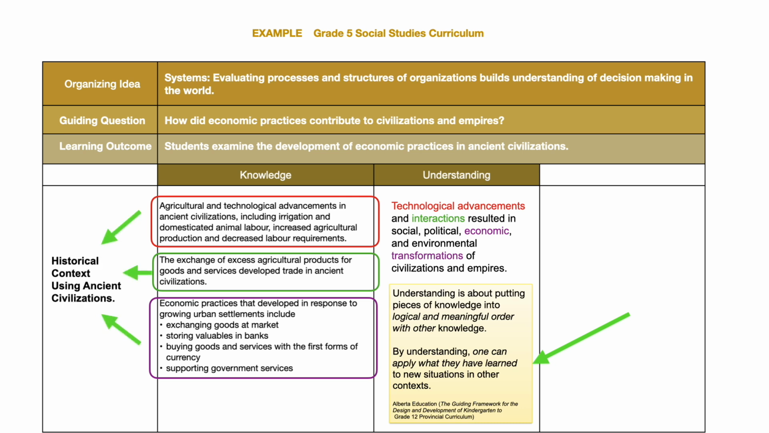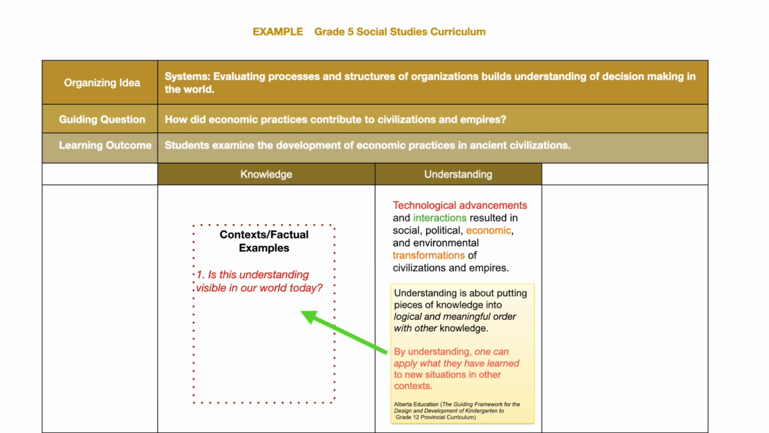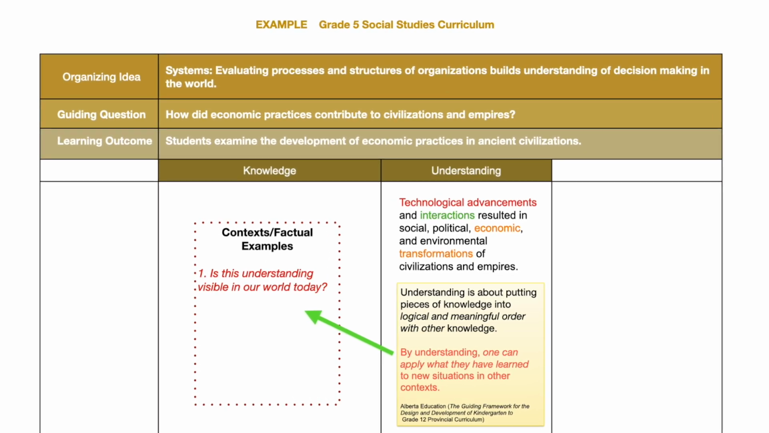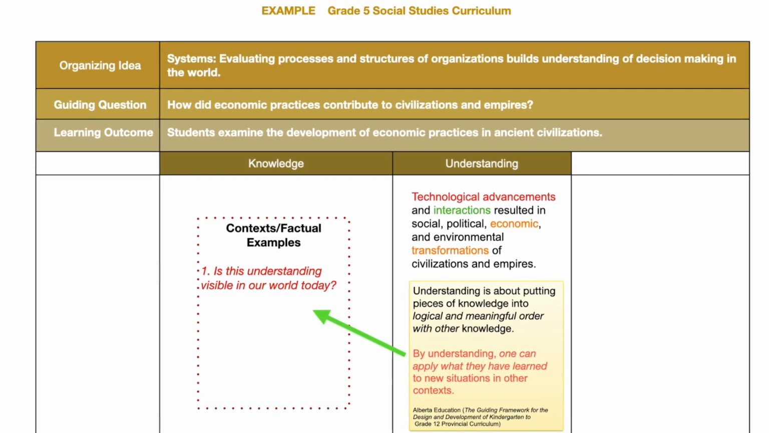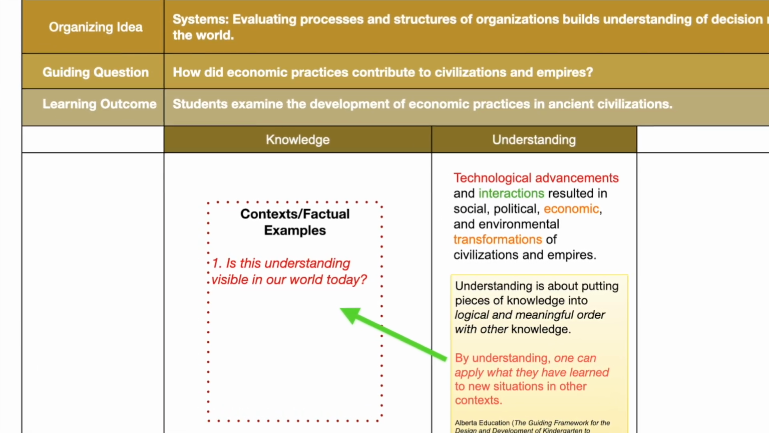In this Grade 5 example, the historical context in the knowledge column is ancient civilizations and how technological advances in agriculture and increased trade or interactions resulted in economic transformations such as urbanization and storing money in banks. Before examining that part of the knowledge, teachers may first want to provide more current and nearby examples to introduce the understanding. For example, a technological advancement in Alberta is the use of hydroponics, LED light systems, and climate-controlled environments